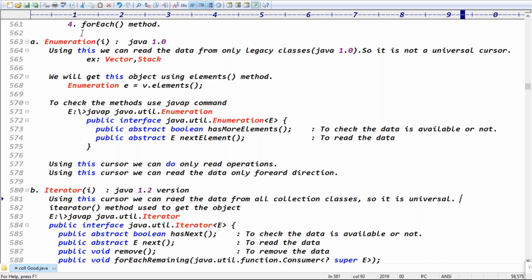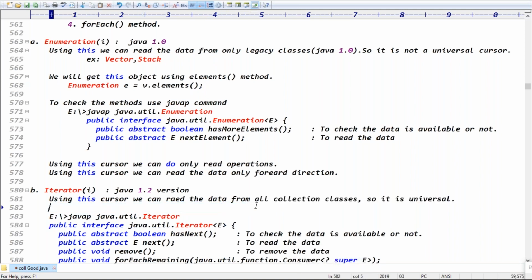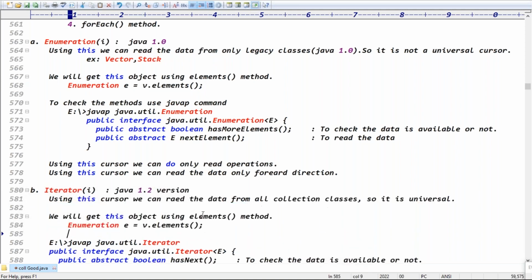But second point, guys, how will we get the object? We will get the object using the iterator method, guys. Same thing you can apply in the second point here. On an ArrayList, assume ArrayList dot, which method do we have to apply, guys? Yeah, the iterator method. Once you apply the iterator method, it returns which object? It returns an Iterator object, right? Exactly.